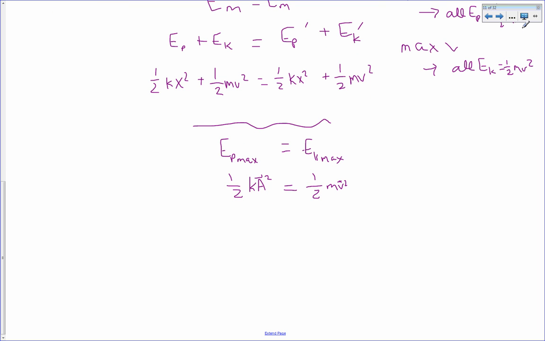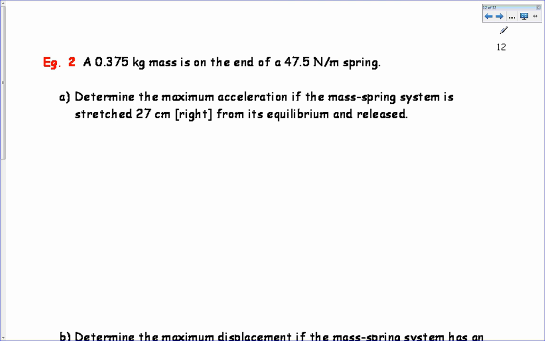Okay, so we'll do some examples using this. I think I have 4 examples really to do. Okay, a 0.375 kilogram mass is on the end of a 47.5 Newton meter spring. Determine the maximum acceleration if the mass spring system is stretched 27 centimeters to the right from its equilibrium and